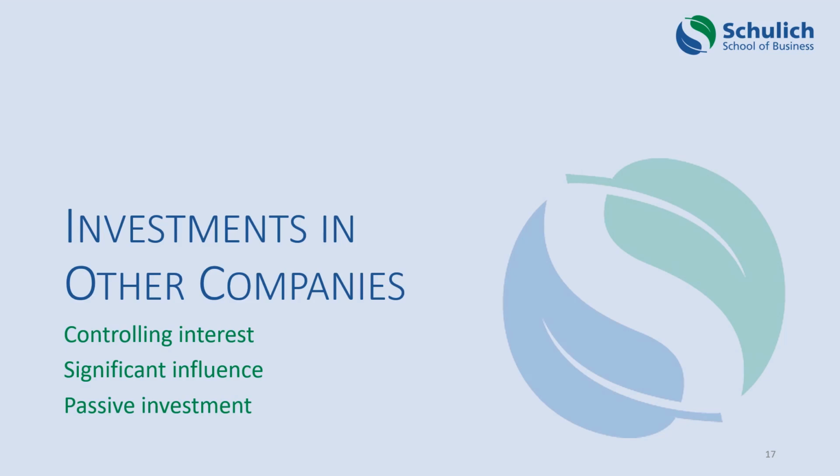Then we're going to talk about a situation where a company has significant influence over another company, so less than 50% of the shares, but still a significant stake in the company and therefore a significant say in what the company does. And then we're going to talk about the situation where a company is just making a passive investment in another company. For example, Microsoft might own $1 million worth of shares in Apple. That's a very, very small portion of the overall share position of Apple, and therefore Microsoft in that circumstance might have no influence whatsoever over the workings of Apple, even though it owns some of the shares purchased on the stock market. So let's talk about those in turn.